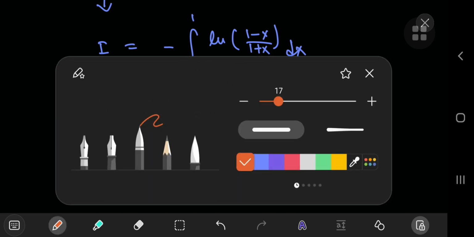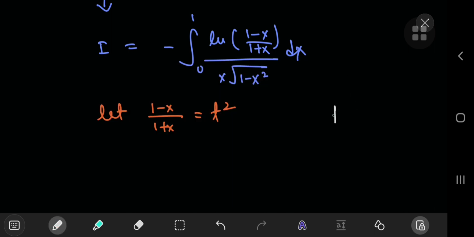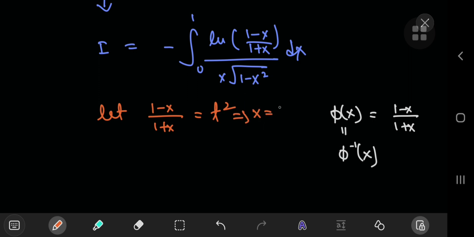Well, first up, let's study the properties of this function phi of x equals 1 minus x divided by 1 plus x. Now, the cool thing about this function is that it is its own inverse. So if you have a function that is self-inverse, that implies that you can switch up the variables without altering the structure of the function. So you have an expression for x as well, which is identical to the expression for t squared. So that takes care of the x term here. And this also helps us